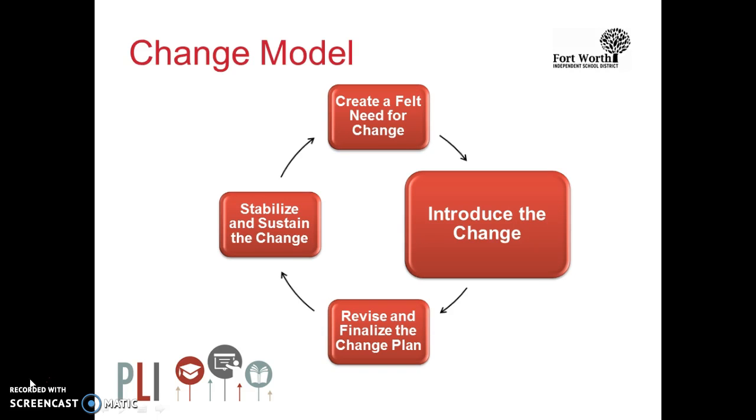The second step in the model is introduce the change. Once you have created that sense of urgency and established the need, you offer your team a clear path toward a solution to the threat. The clearer the vision, the more you will be able to clearly articulate the benefits of the change. Be prepared for some pushback at this step. The key to success in this step is the ability to channel the anxiety people are feeling into hope and